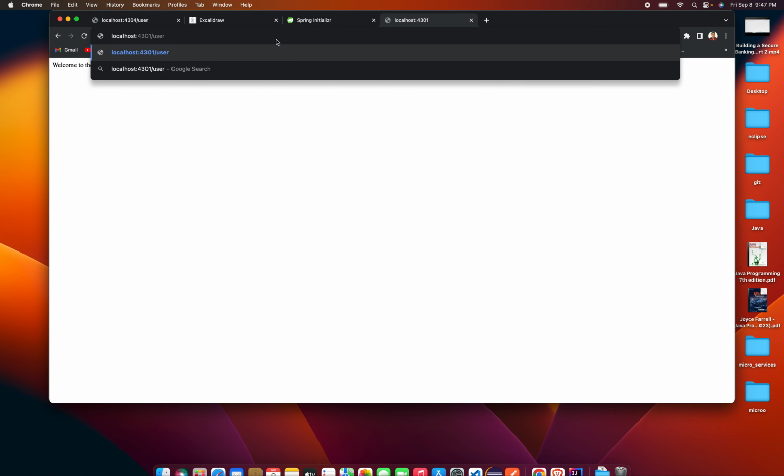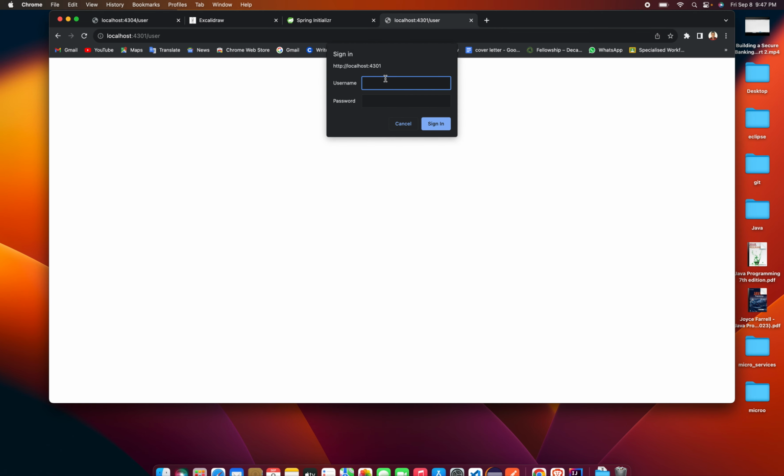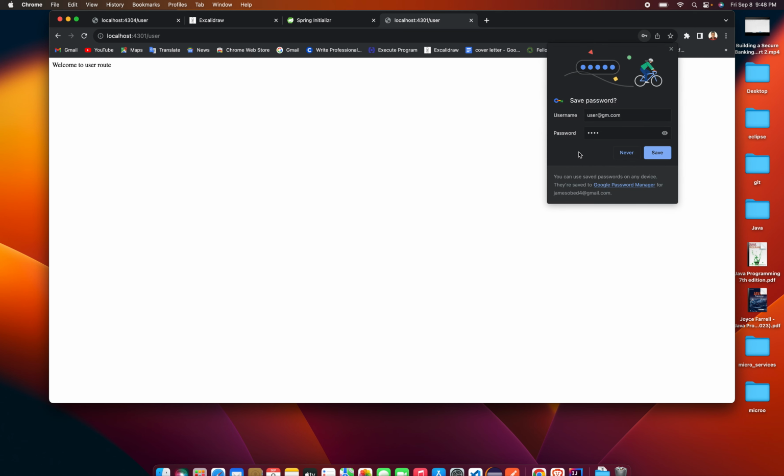Also, even once we go to our browser, if you try to go to the user route, this asks you for your username, and in our case we're using user@gm.com, and the password is 1234, and this password gets verified, and then you see our user is completely correct, authorized to access the user route based on the Spring Security feature we applied. So that is basically it for this tutorial,